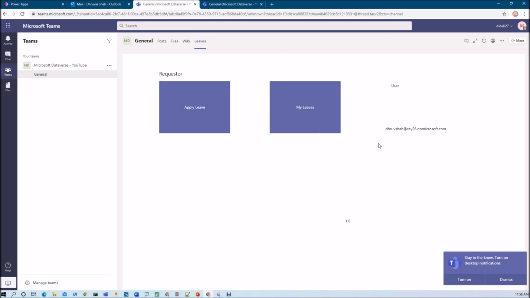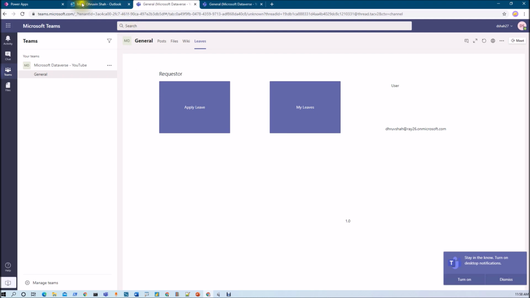So there is no such limitation that you can't add guest users inside the team in order to use Power Apps created inside the teams. You can add so many guest users over there. The only condition is that the guest user whom you provide the access should have a trial activated for Power Apps in order to access this particular app.